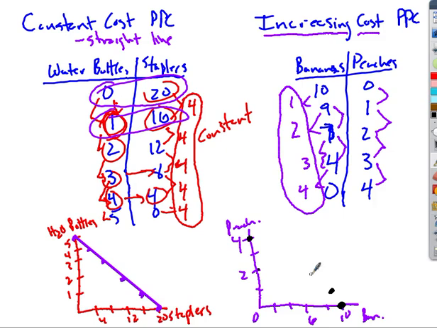2 and 7, which is about there, and 3 and 4. 2, 4 is there, and then 4 and 0 is there. And so this, you can see, is a curve, a real curve. This is a concave, oh my lord, forgot the difference, but this is a curve, it bows out. All right, and so this is what, when you see this kind of curve, when you see a curve that